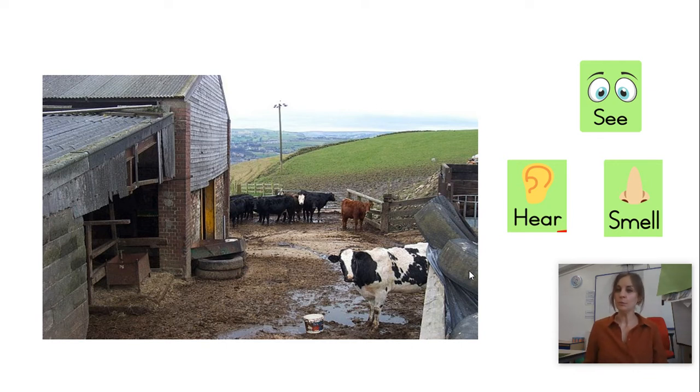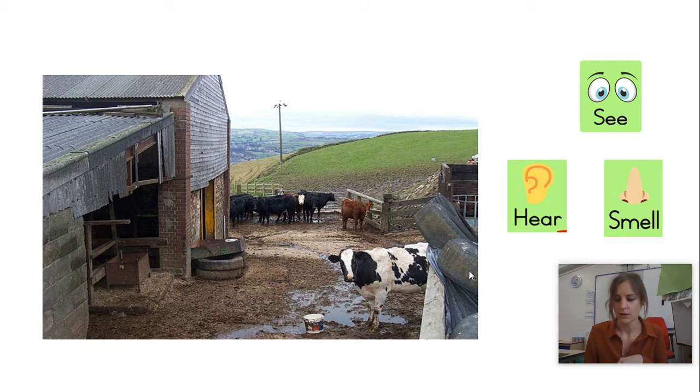Okay, so we've got a new picture. It's still a farm, but it's a different part of the farm. Here we have where the cows live on the farm. And if we look around, it does look quite different. I can't see any bark on the floor. I can't see any climbing goats, that's for sure. I can't see any logs, but I can see some different things.